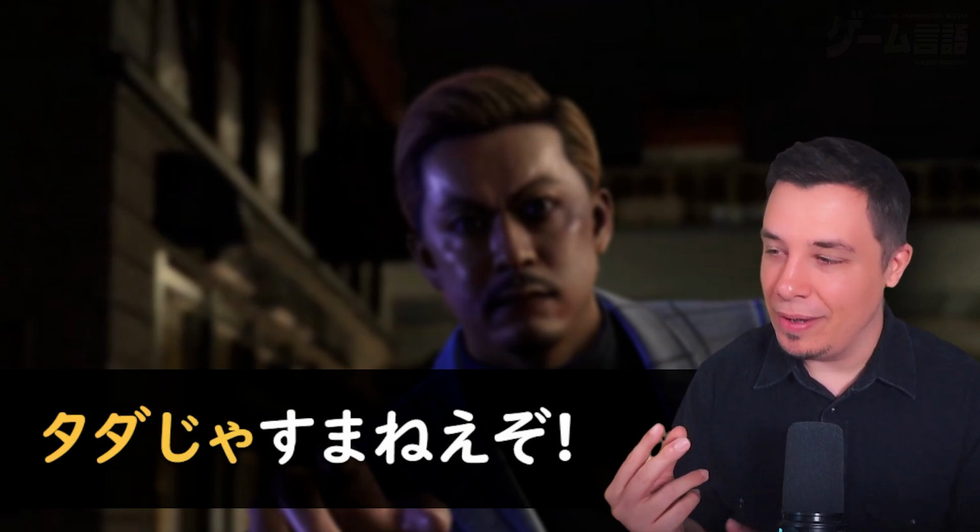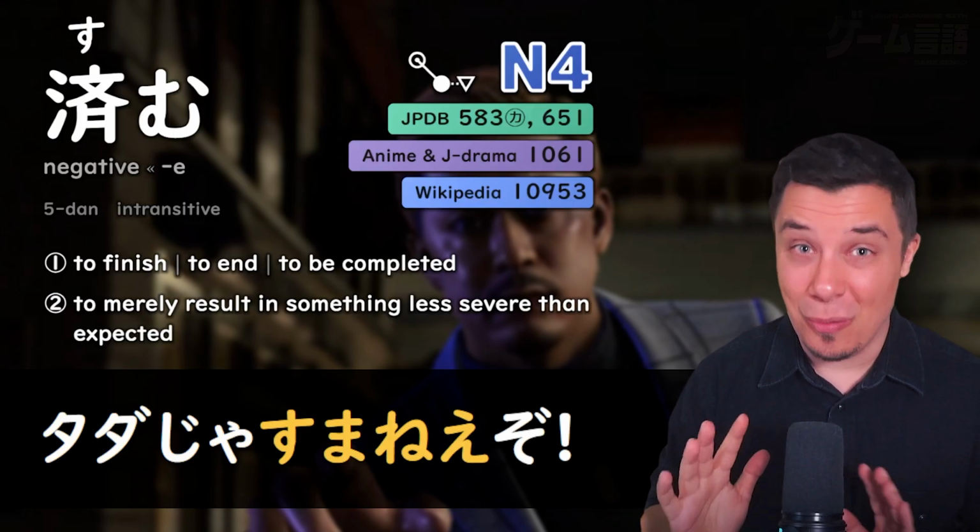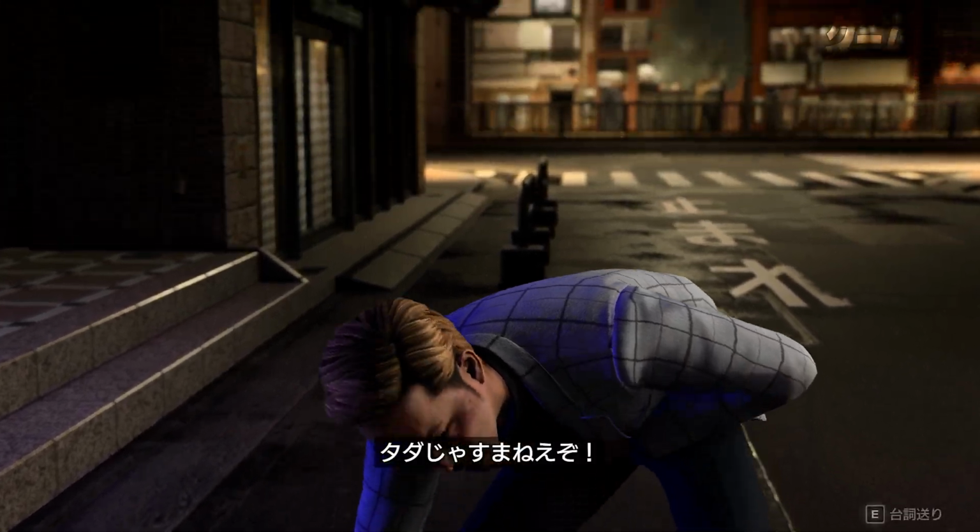Ja, same as dewa. Ja, sumane, to not end. And then zo, being emphatic. So you're not going to get away with this. Okay,